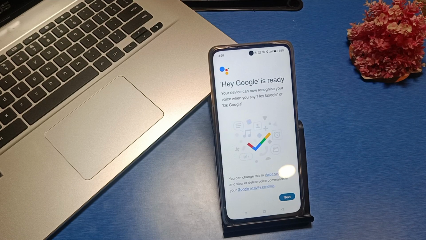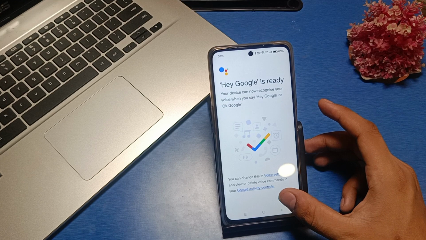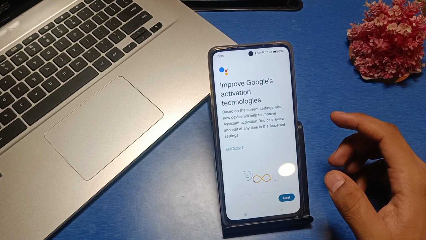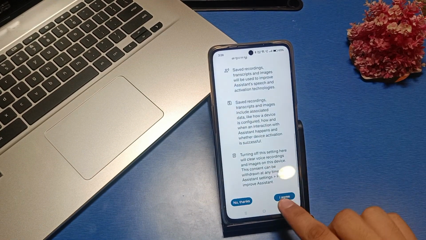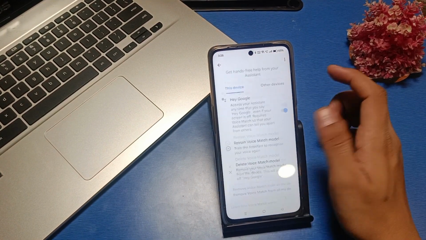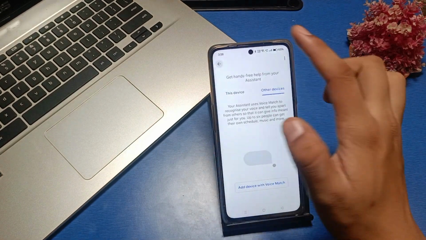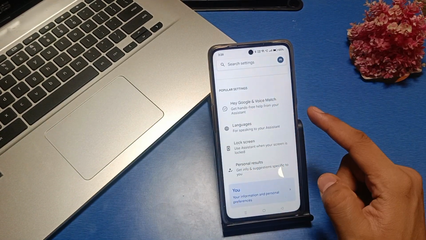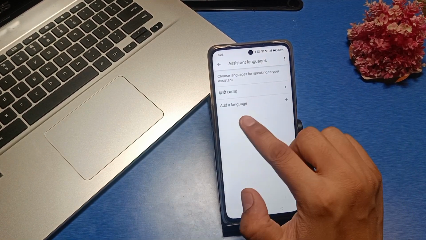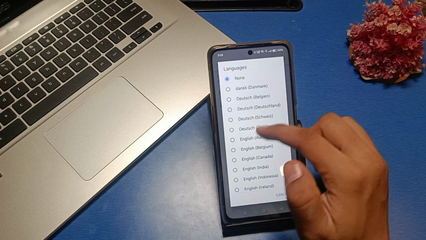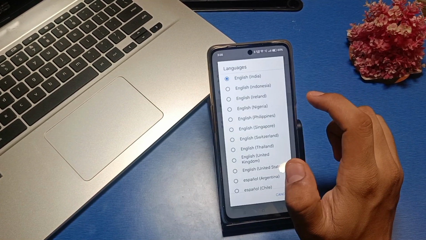Like this you can just set it up here, and if you want to change the language from Hindi to English, just press on next. Then this shows next, and your voice is matched here, and then you have to just go back, and here is the settings of languages. Just click on this language option, and here is add a language. You have to just simply tap on English, and